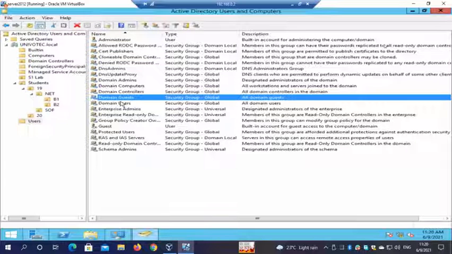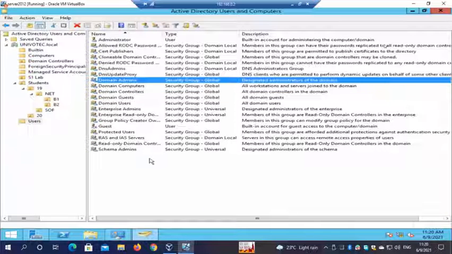Domain Admins are administrators who manage the domain. This is a higher kind of permission, so it will be given to only a limited number of people.